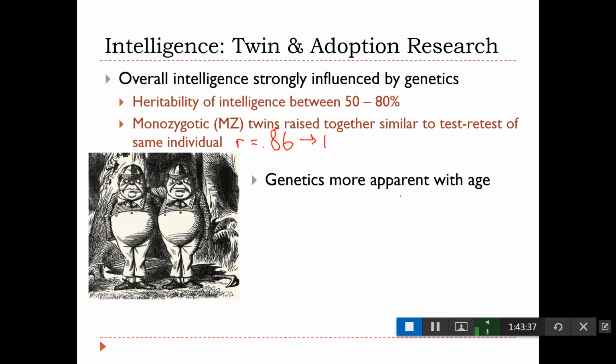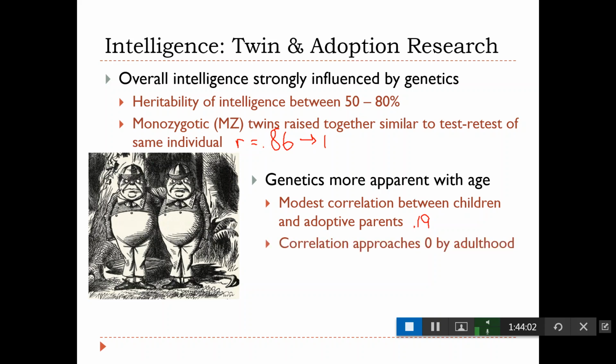So genetics tends to be more apparent with age. So when you look at kids who are adopted into a family, and you look at the correlation of their intelligence between them and their adoptive parents, you get this modest correlation, right? And so like I said before, you might get a correlation of 0.19. That's not nothing, but that's not as big as 0.86, right? The correlation gets smaller and smaller and smaller. It might approach 0.02 at some point, okay, by the time the kids grow up to be adults,